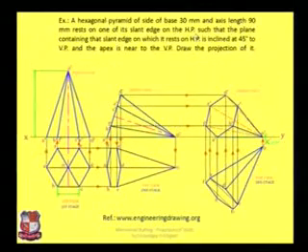Again, now read the third line. In the third line, it is given that the plane containing that slant edge, which is O dash A dash over here, makes an angle of 45 degrees to the vertical plane. That means we have to tilt this view at an angle of 45 degrees with the XY line. So redraw this figure at an angle of 45 degrees with the XY line and mark the points, whatever named over here, that is A, B, C, D, E and O.